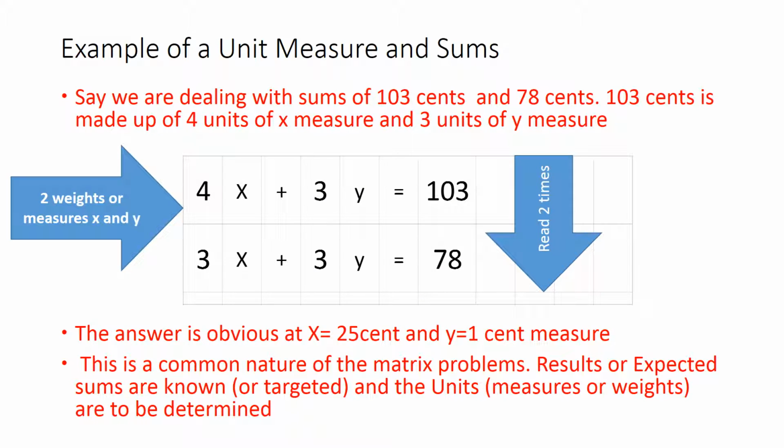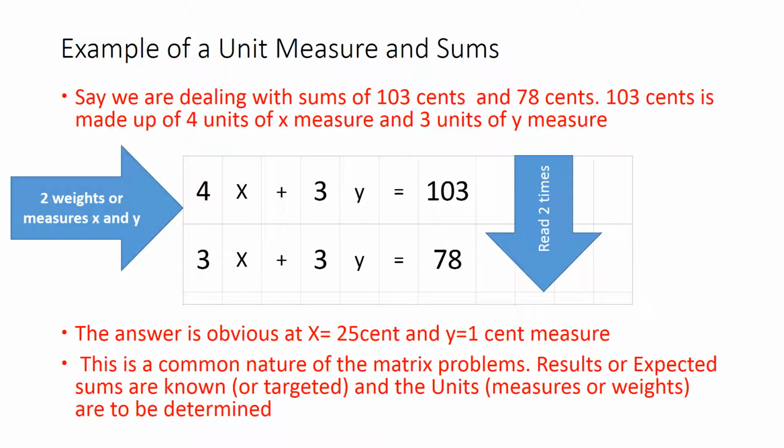Let's take a few more examples. Say we have 103 cents in 7 coins, 4 of one denomination or unit measure, and 3 of another unit measure. In order to determine a unique solution for both the unit measures, we need another quantity. Say 78 cents is made up of 3 unit measures of the first denomination coin and 3 unit measures of the second coin. This can be solved